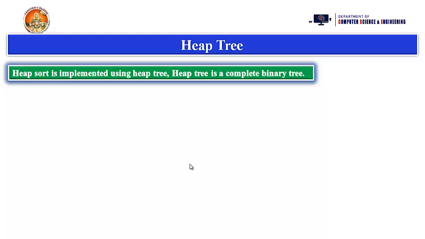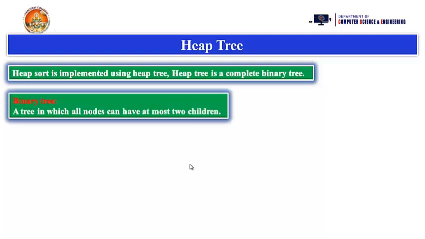So what is a binary tree first? A binary tree is a tree in which all nodes can have at most two children. Binary means 2. So what is the maximum number of children for each and every node? 2 children. You can take any number of children for a node, but we are restricting the number of children to at most 2, and then that tree is called a binary tree. Suppose you are taking this diagram here, it is a node. The node may or may not have children; if it has children, either one child or two children, at most two children, then the tree is called a binary tree.